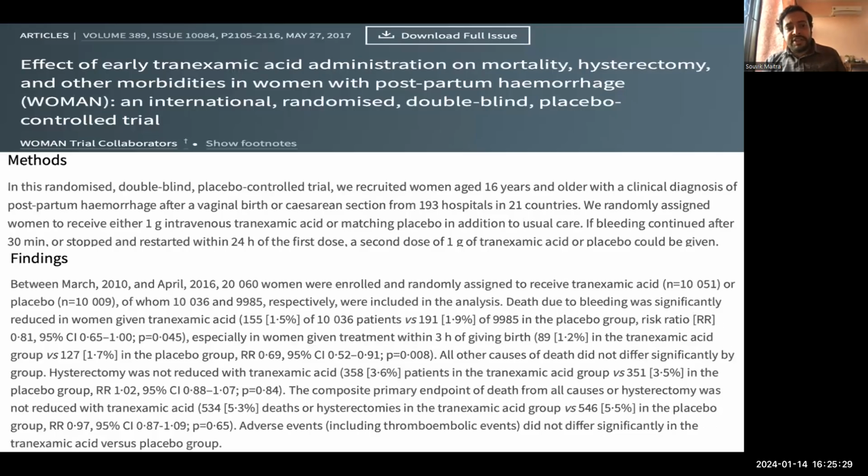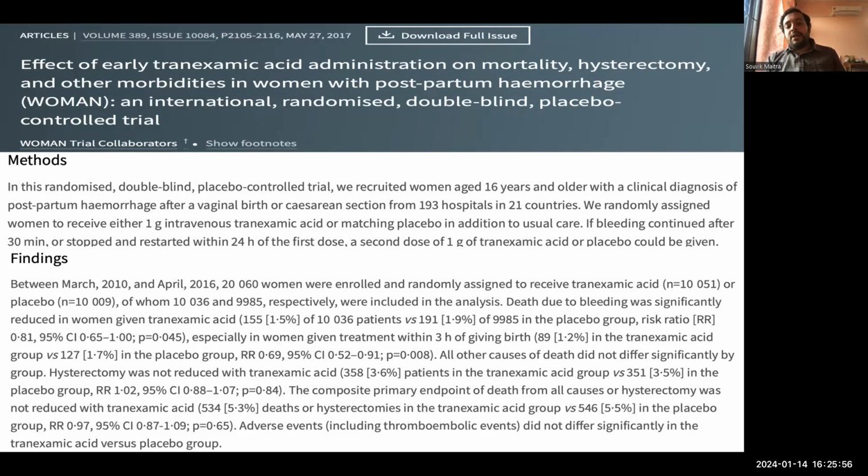So as I was discussing, what are the evidences in support of using tranexamic acid? The latest trial, a very big trial, is available: the Omen trial. I think all young intensivists must know in detail about this trial. So this trial has found, when tranexamic acid is used in patients with postpartum hemorrhage, the definition I